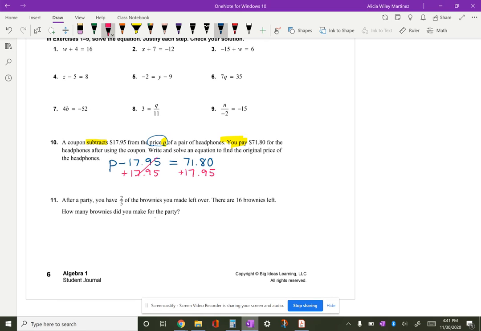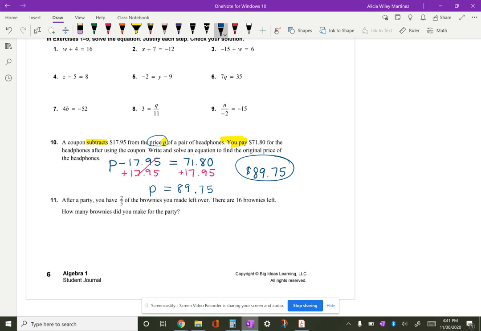This will cancel to a 0, leaving you with P. And then we have adding this together. We have 5, we have 7, the decimal, we carried a 1, we got 9 and 8. Okay, so the total amount, or not the total amount, but the original cost, if I could get that straight, of the headphones was